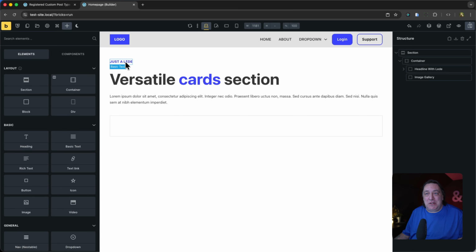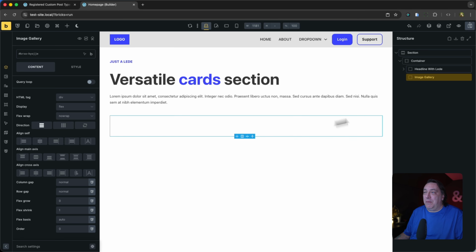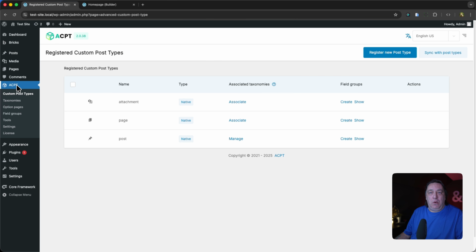Not real hard. This should be fairly straightforward. So here I have just a basic, kind of fake site just to show you how this is done. And we're going to use this division here. It's a block element, but we're going to use that for our image gallery. Okay. So before we actually do that, let's go over to ACPT and we're going to need a new custom